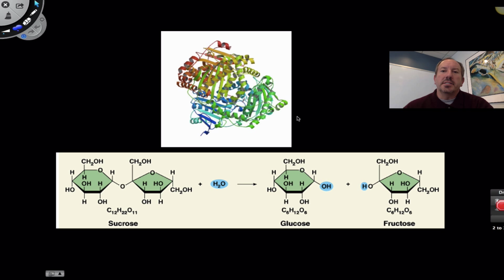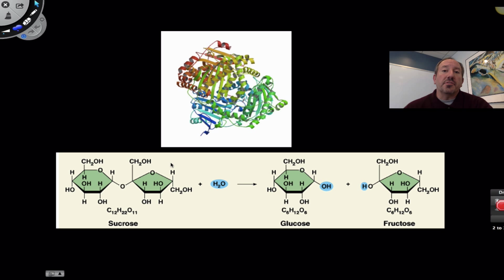An example of this would be our good friend table sugar, disaccharide sucrose. You can see here it's made up of glucose and fructose. If we wanted to digest it, if we wanted to hydrolyze it, we would simply add water. These are the two reactants, here are the substrates. Water comes in and cleaves that glycosidic linkage, and the products are, of course, glucose and fructose, with the water replacing that. And so this is a hydrolysis.